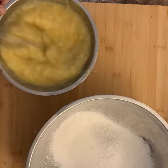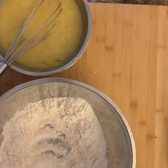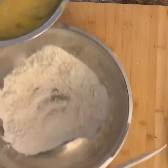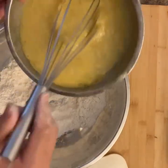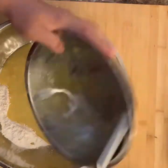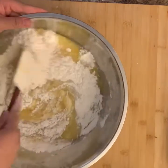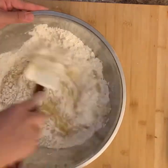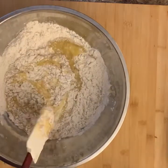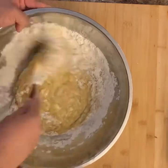Mix it. Okay, your dry ingredients, make a well. I'm going to switch to a spatula or a wooden spoon. Okay, make a well. Always add your wet ingredients into the dry ingredients, just because it makes it mix better, less lumps. You could do the same method for some easy blueberry muffins. This is also a method you do for pancake mix. Any of those is considered a muffin method. Anything that you add some wet ingredients into dry ingredients and you just mix it just till the flour is